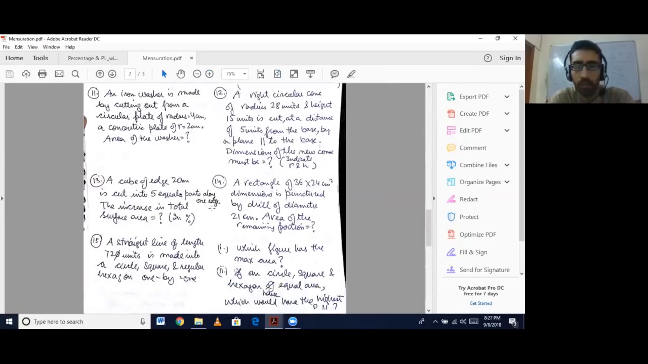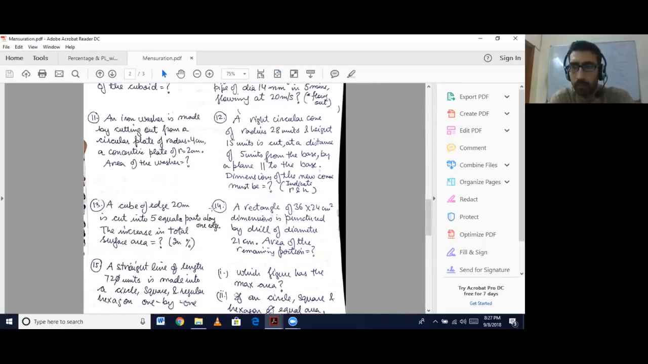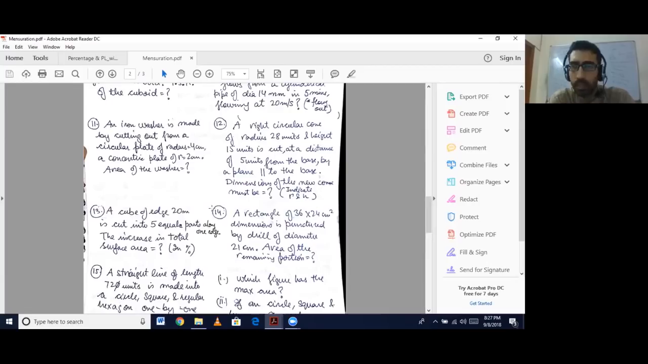Okay, quickly giving you hints on some fairly simple questions. Question 14: a rectangle of dimensions 36 into 24 is punctured by a drill of diameter 21. What is the area of the remaining portion? Of course, the area of the remaining portion is going to be the area of the rectangle, which is 36 into 24,